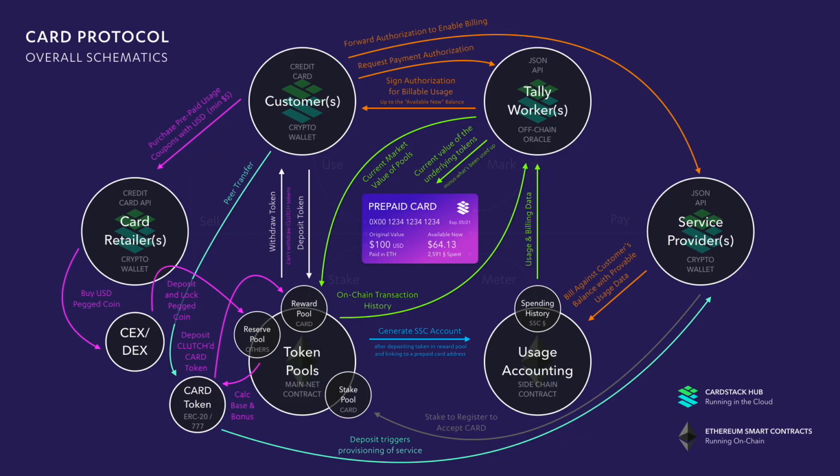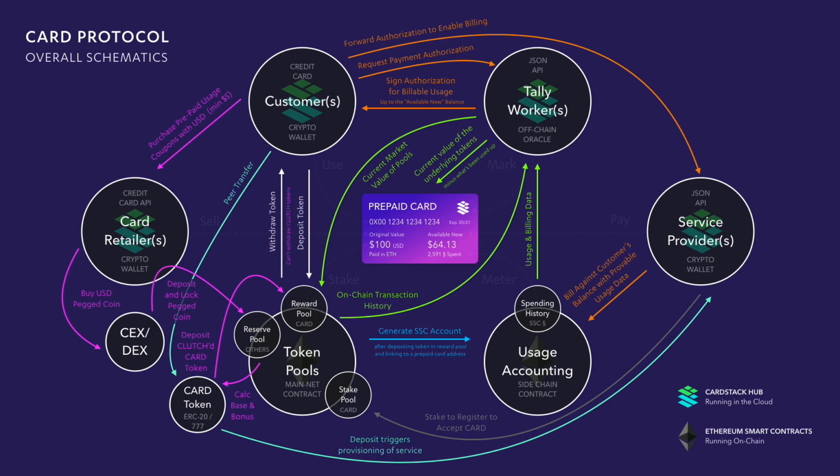And then when it's done, that usage and billing data continues to go to the tally worker, which then allows us to deduct the actual value that's been used up. So the spent amount, the 2591, keeps going up as the service accumulates, and the available balance goes down and down and down. And that allows us to update the UI and also prevent you from authorizing payment authorizations that try to pay 6 people $64. You can only get one authorization, and that deduction is what the tally worker uses as the underlying data.